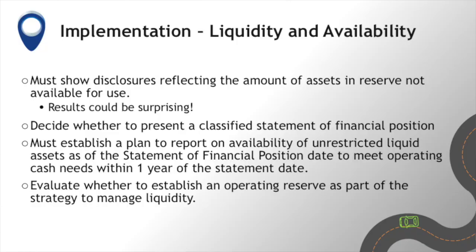So for implementation, you must show the amount of assets in reserve that aren't available. Again, that could be surprising to some organizations as you start to do this analysis. You may think you have a lot, but when you start to back off those amounts, you realize you don't have any. Or you could discover this interfund borrowing situation where you've got temporarily restricted net assets, money coming in that you know is temporarily restricted, but for whatever reason you have a shortfall on operating funds, so you've used those funds knowing that you're going to have operating money coming in at a future point